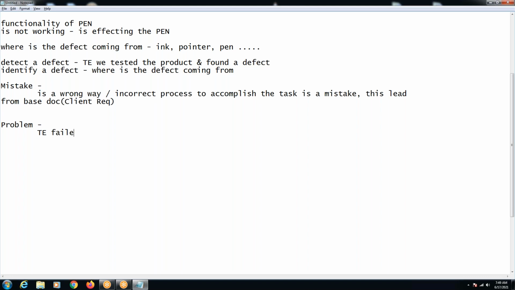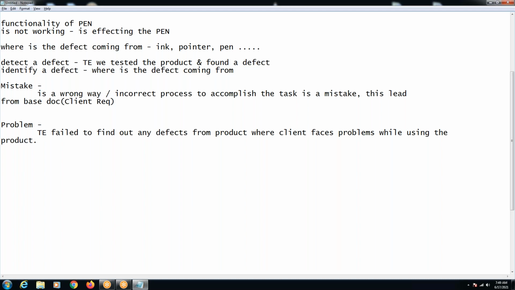The test engineer failed to find any defects in the product, right? Where the client faces problems while using the product, that is how the word problem is used. But to not raise any of these terms, what are we supposed to do here? We are supposed to do some testing, which we put under